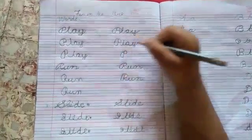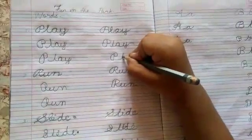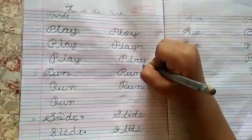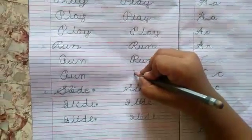Yes, now my son has started writing the letter P from the sky. L, touch the sky, come down, drag A, and drag U, and Y. Very good. Now can you write the next letter? Run from the sky,